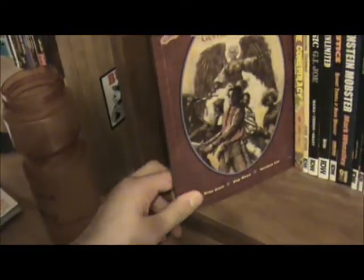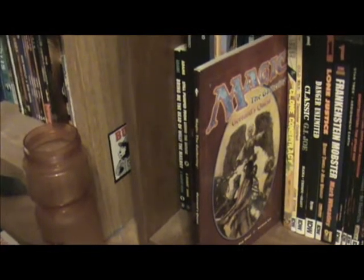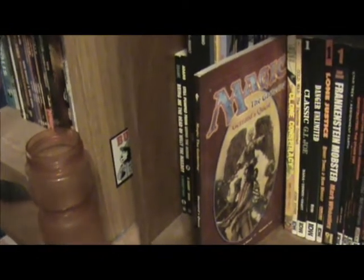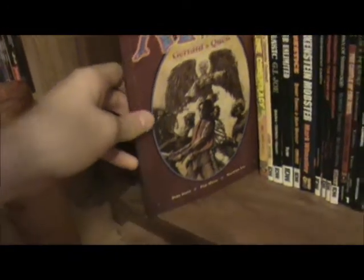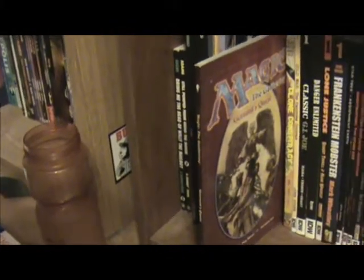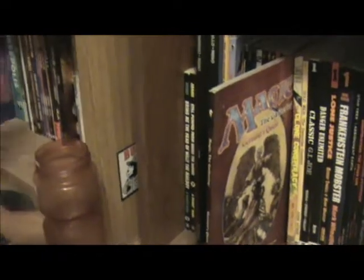It has some good creators on it. Mike Grell, he did Warlord for DC Comics, which was a fantasy comic book, and he did Green Arrow for a little while. I read some of his Green Arrow, and I thought it was really fun. And Pop Mahan, he is a European artist. I know I've read some of his stuff. His art is decent here, but overall, I say if you're not a Magic the Gathering fan, you're going to